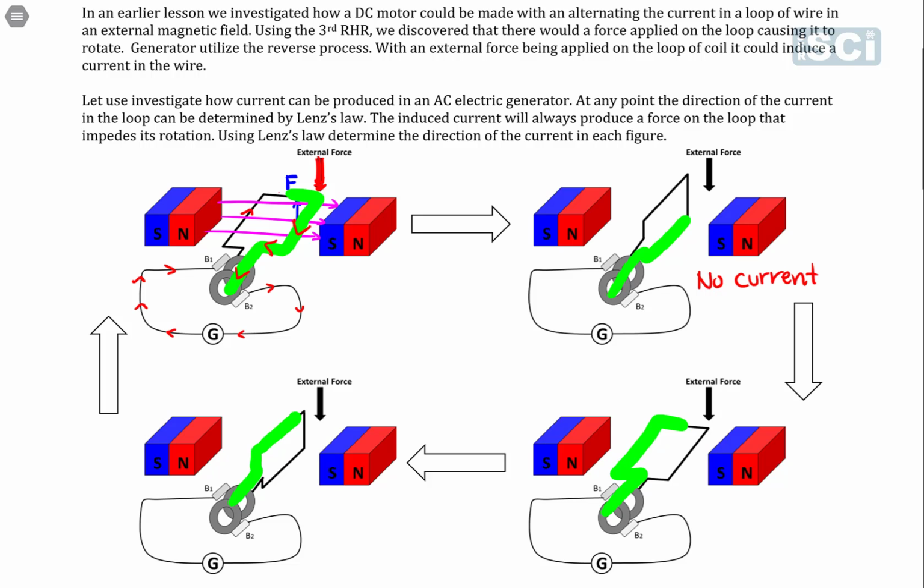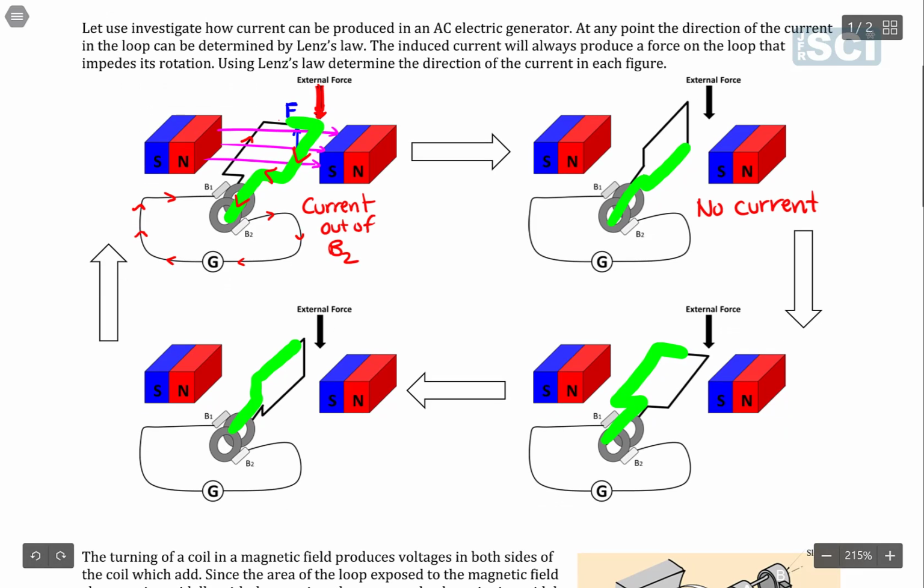And for the very first picture here, what I'm going to do is say that the current is running out of brush number 2, and I'll call it just B2. Okay? And so this wire is going to continue to rotate. And because of that, I'm going to, again, still have, say, water falling on the right side of my wire, which means that it's going to cause a force to be applying upwards because it wants to impede this motion,